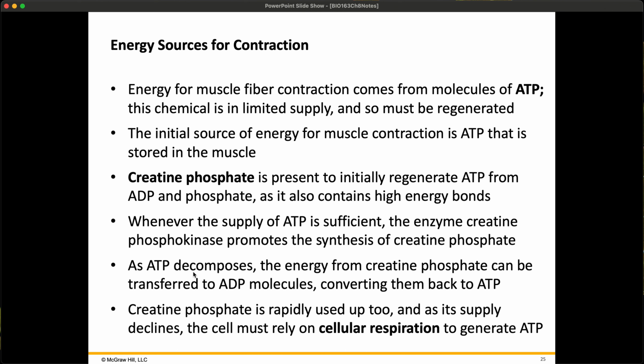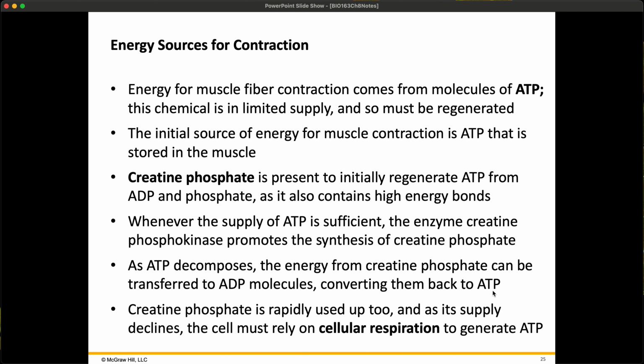Whereas as you start to break down your ATP, that energy from creatine phosphate can then be transferred. So now you're using the creatine phosphate that you were making when your body was at rest to regenerate the ATP, and that's because this can be a lot faster. As it's saying right here, if creatine phosphate gets used up really fast, the cell must then go through cellular